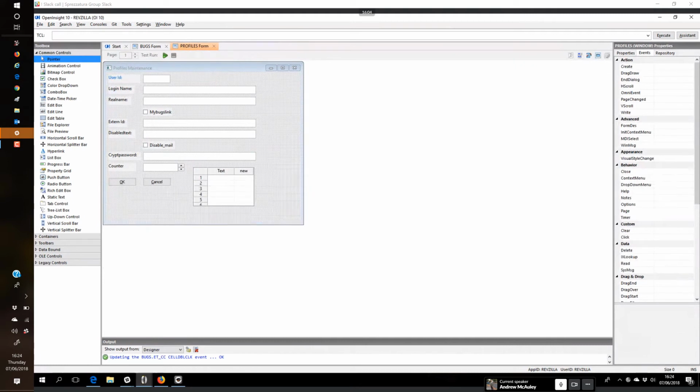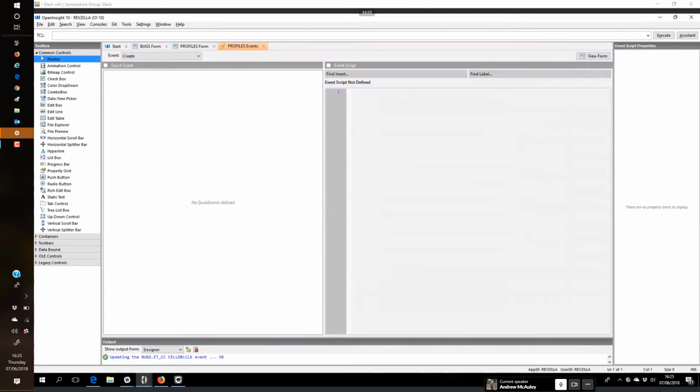Now I want to work on my profile screen. The profile screen, all we need to do is put on a quick event on the create event. So come in here, don't want properties, want events, and we want the create event. Dialog again, quick event please. Come up here. So the first thing we're going to do is grab the parameter that we've been passed